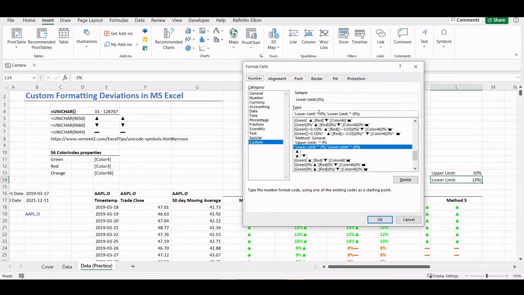Control 1 to get to the custom formatting. Again, because there's a negative number, just how we have put the positive numbers formatted as the first argument, the negative numbers are formatted as the second argument, lower limit. And if you want to put zeros, then put semicolon, quotation, lower limit,